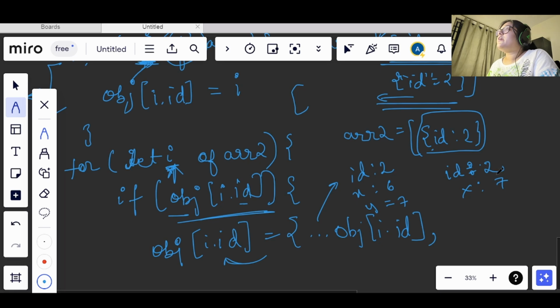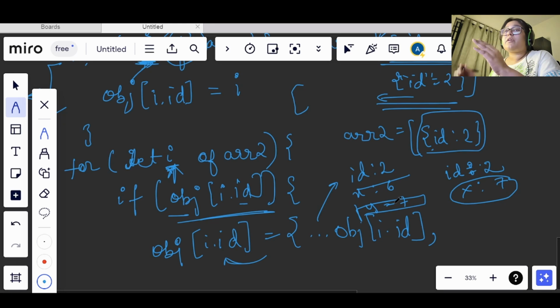We need to copy this, because our array 2 will always override array 1, but we cannot lose the values. So we need this y also, right? id will remain the same, but we cannot lose this y. So for that only we are making a copy of both the object id values.